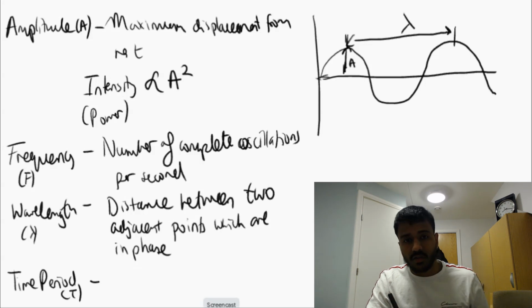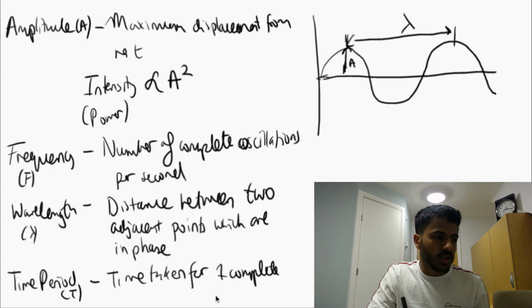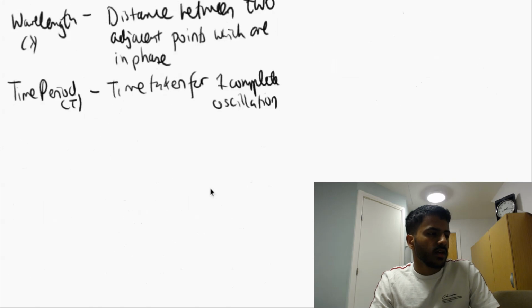Now, the time period of a wave is the time taken for one complete oscillation. And using these definitions, we can see that this means that the frequency is equal to 1 over the time